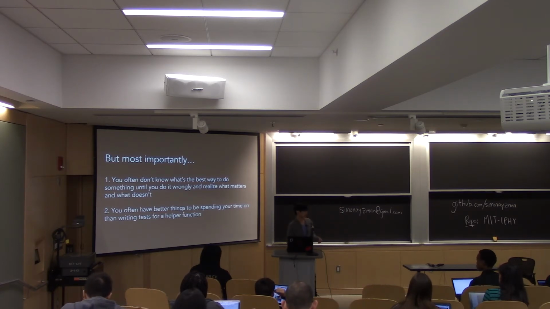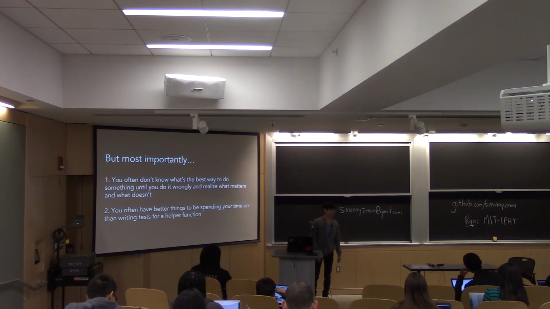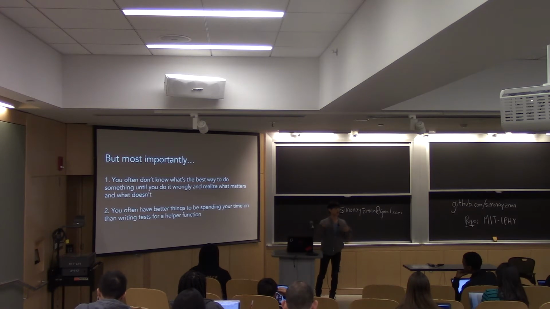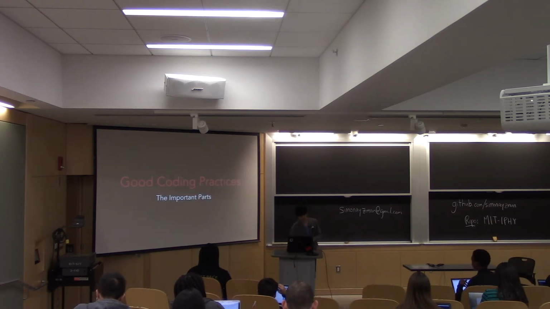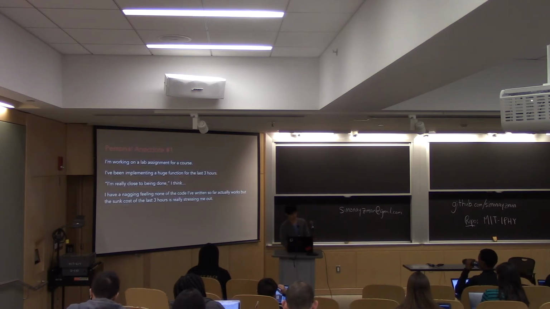So a rule of thumb is to keep writing code and keep implementing something until you realize, wow, this is a hodgepodge mess, I better go back and clean it up. That seems kind of bad, but it's good in the sense that when you're writing your code, you realize the intricacy of the problem and which problems you actually care about and which ones don't really matter. So with that preface, I'll go into good coding practices and what's actually important.